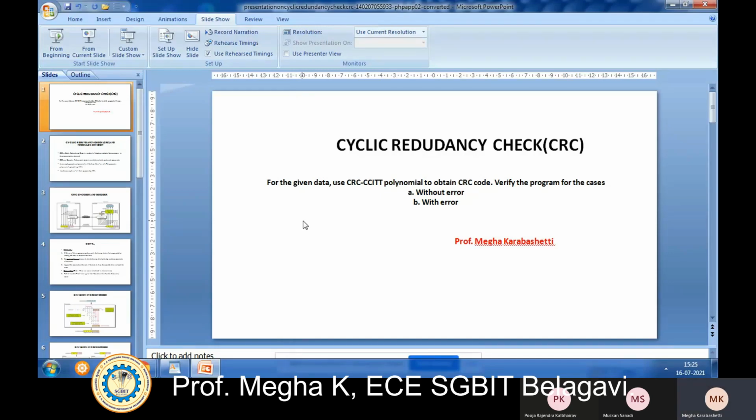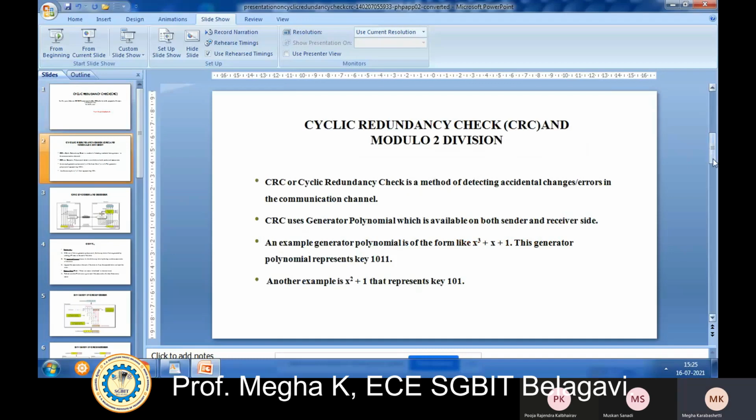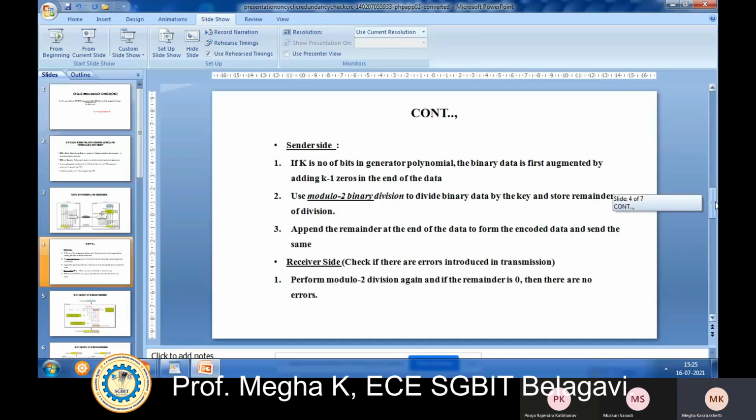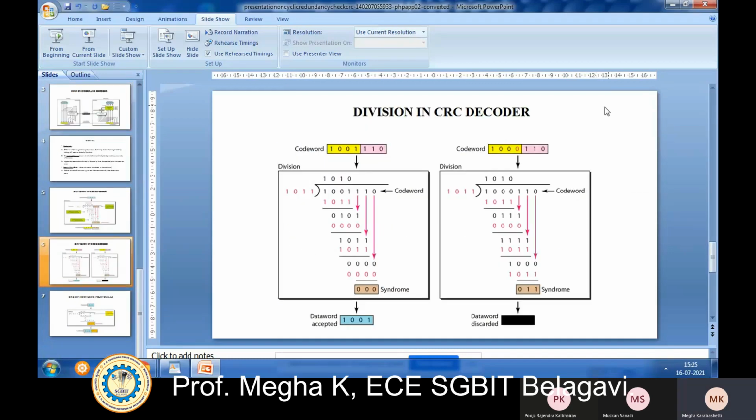Next we need to give the generator polynomial. Using the generator polynomial on the data, we calculate the code word to be transmitted. At the receiver, we once again perform modulo 2 division, and finally we will find whether an error occurred or not.